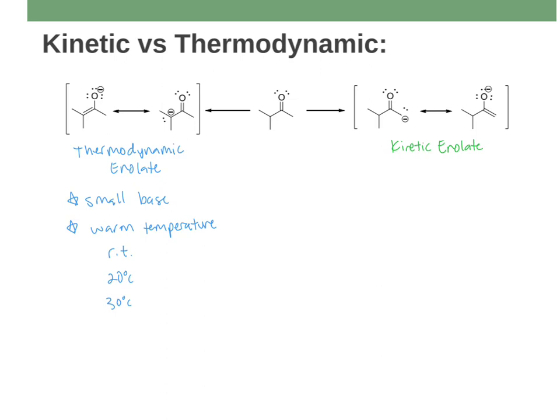And then for the kinetic enolate, right, the idea is that we wanted very large bases. We wanted large bases so that they're kind of forced to go to the less substituted of the two carbons there, right? A large base can only get to one side, right? And for kinetic enolates, because we're talking about kinetics, I want it to only go the route that is the fastest route, right? So the one with the lower activation energy. So we want really cold temperatures,